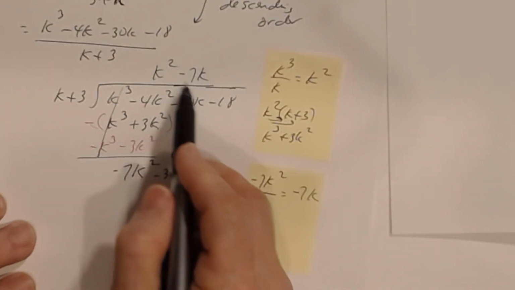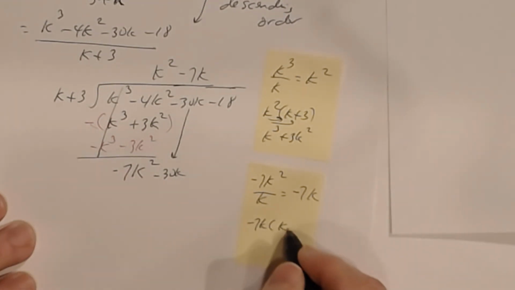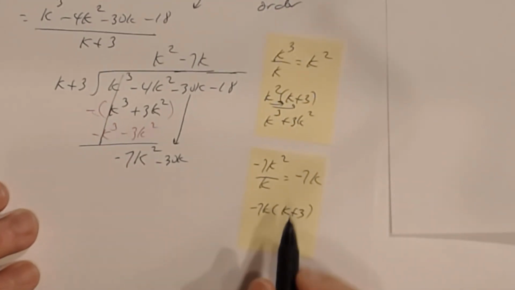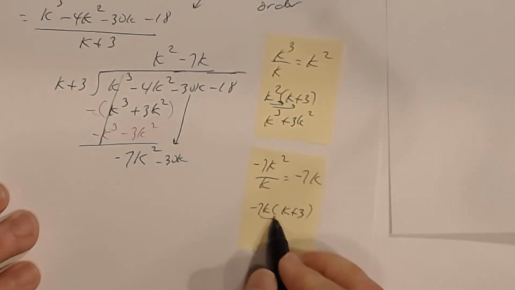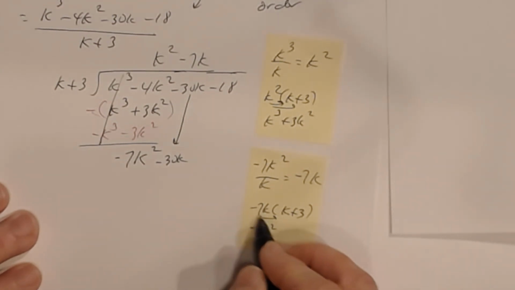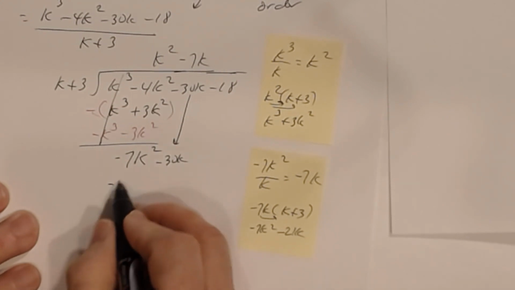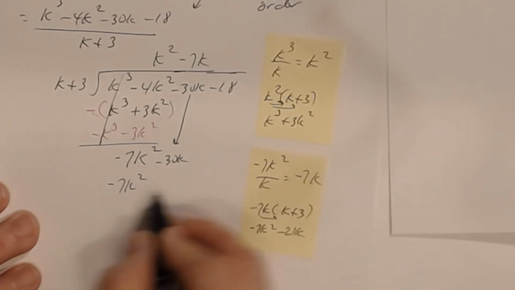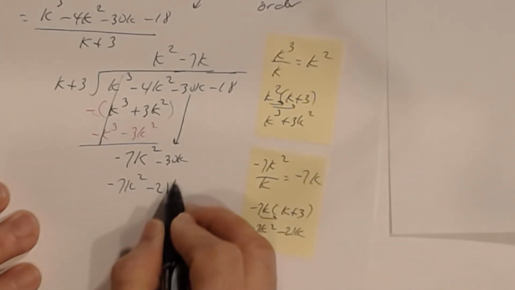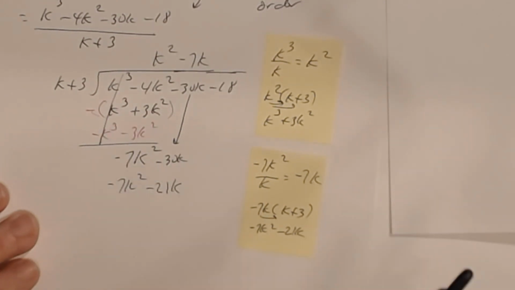Now you're going to take this, multiply by this. So you take this right here, you multiply by your divisor. And then you distribute. So negative 7k times k is negative 7k squared. Negative 7k times 3 is a negative 21k. That goes here. If you're doing this correctly, remember these have to be the same. All right, so that way when you subtract,